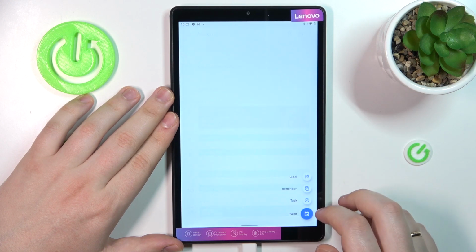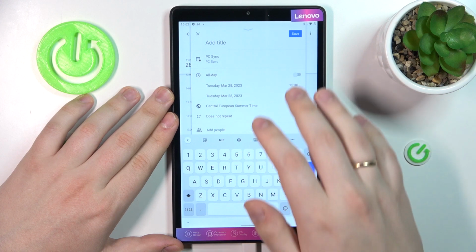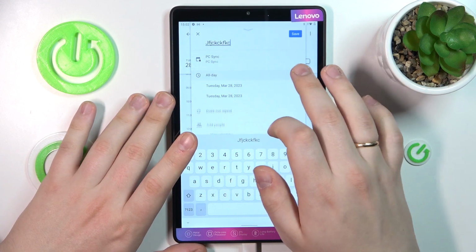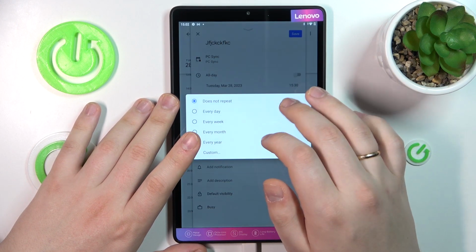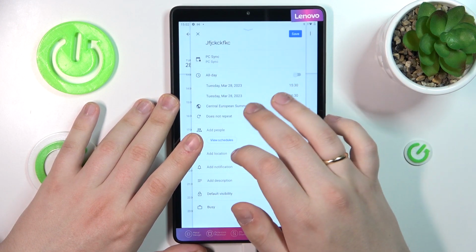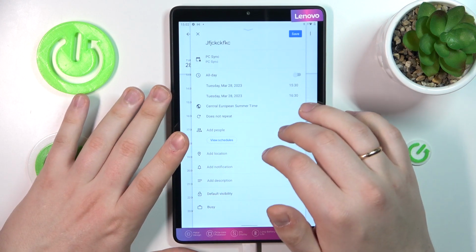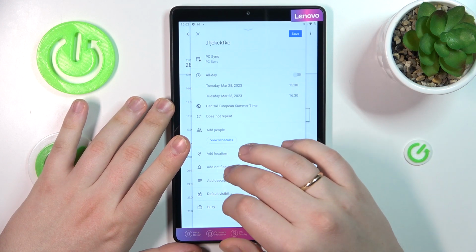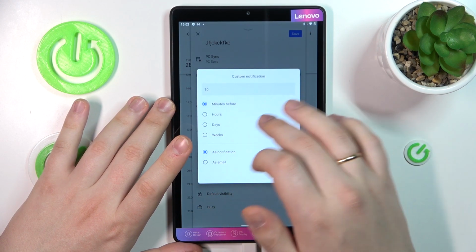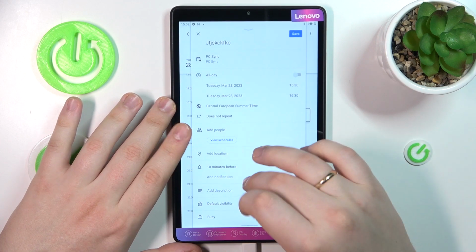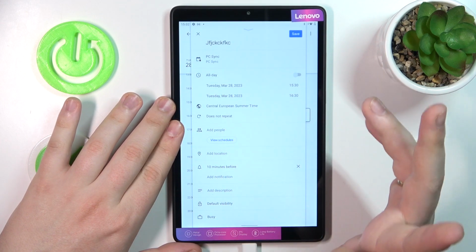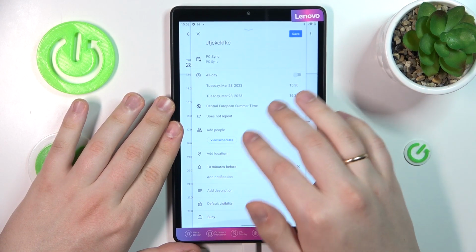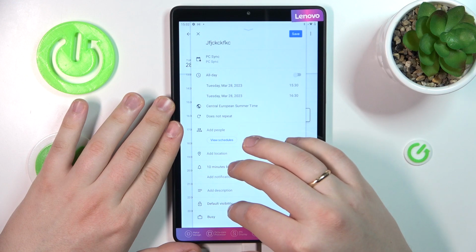Then tap this plus sign to your bottom right, choose an event option, and at the event creation menu you can set the title for your event, time frames for it, make it repetitive or reoccurring or not, change the time zone, invite some other event participants, add the location, set notification preferences, or choose when you would like to be reminded about this event by the system automatically. Then you can add description, make this event private or public,